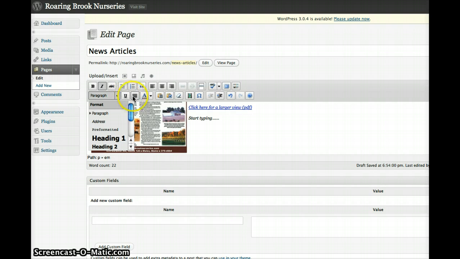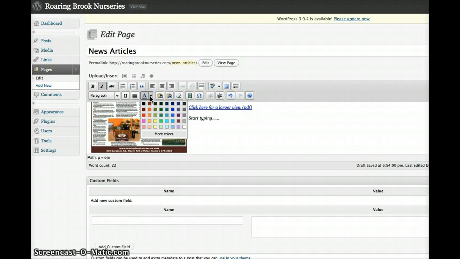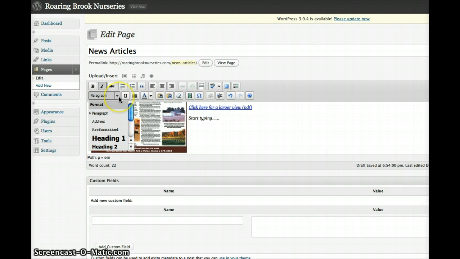You can also underline text, do justify, align full. You can change the color of your text here. And then if you have something typed up in a Word document, you click the little paste from Word button to insert that, or you can click the little paste as plain text. You can remove all formatting. What happens is if people type things up in Word or say their email program and you try to paste them in here, sometimes the text gets formatted really badly and it looks just awful. So then you'd want to hit remove formatting and then add your own formatting, like your own headings, subheadings,